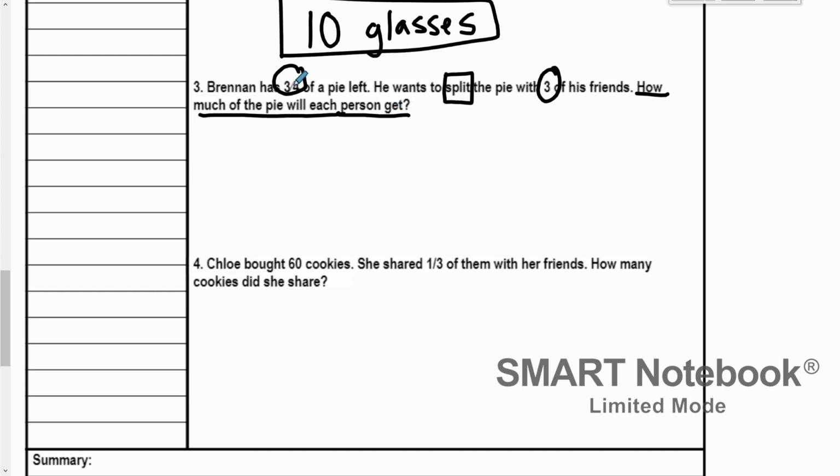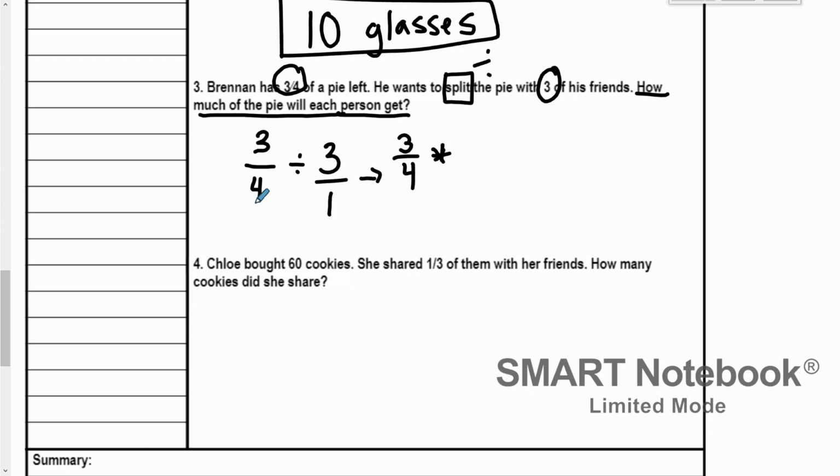Okay, so we always start, that split means divide. So he's splitting up this pie, meaning he's dividing it with his 3 friends. We always start with what he has. So he has 3/4 of a pie. He's going to split that, so he's going to divide that by 3 because he wants to share that 3/4 of a pie with 3 of his friends. First thing we do is make that 3 into a fraction by putting a 1 under it. Then we keep, change, flip. So we turn it into 3/4